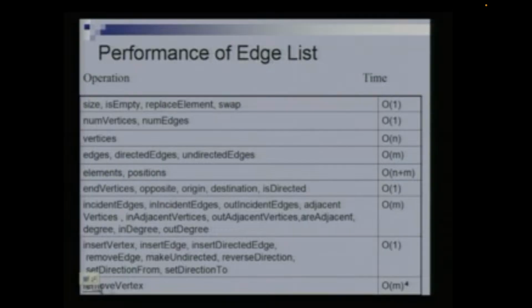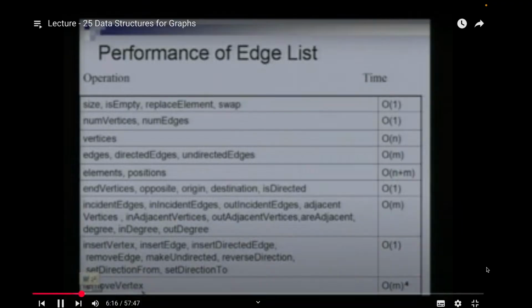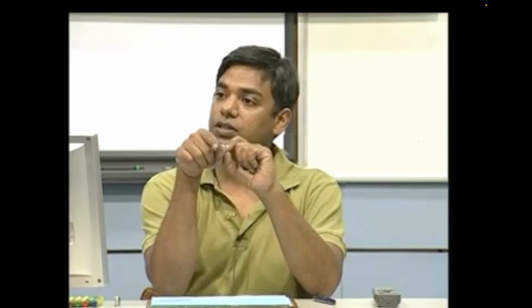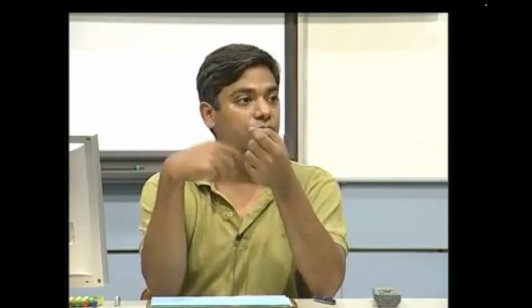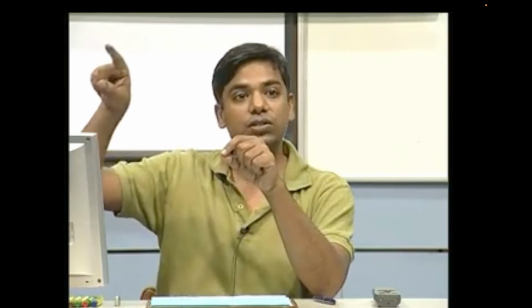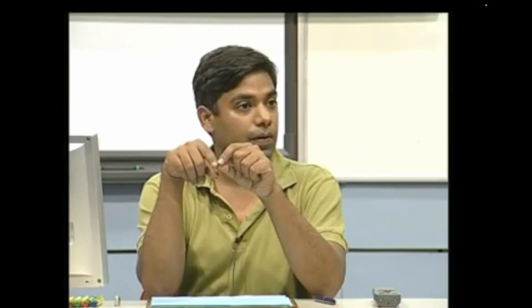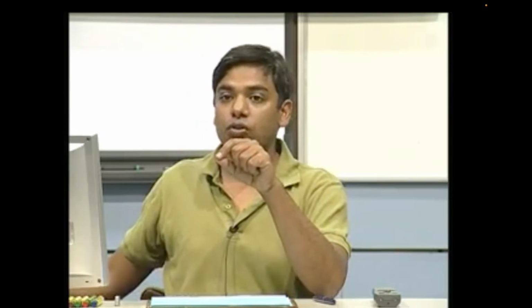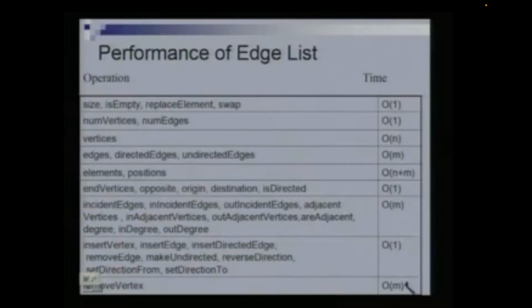Let's look at remove vertex. This last operation you were not able to see very clearly perhaps because it's getting overlapped here, but if I remove a vertex, I also remove the edges which are incident to that vertex, clearly, right? Because otherwise where would the endpoints of the edges be referring to? So I have to get to that vertex, and I also have to traverse through the list of edges. The number of edges is order m. So I have to traverse through that entire list to find out